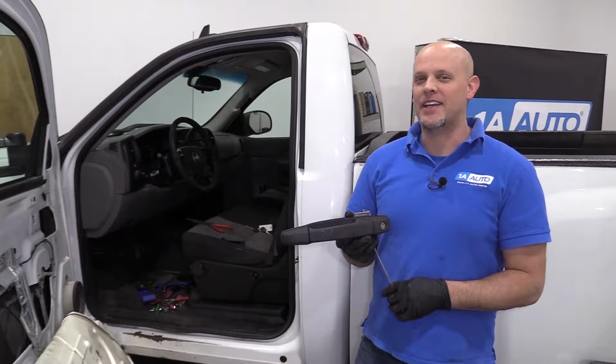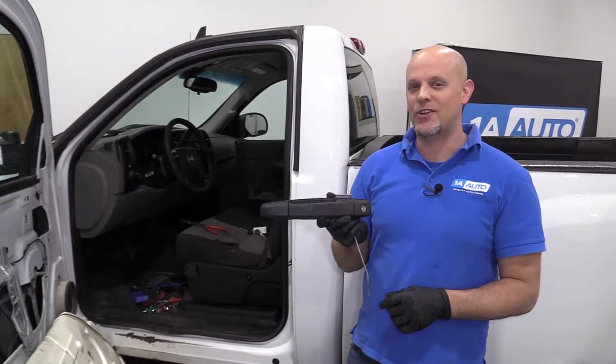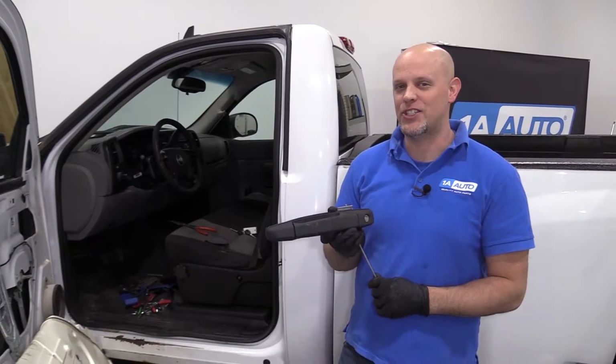What's up guys, I'm Andy from 1A Auto. Today I'm going to show you how to remove and reinstall an outside door handle on this 2008 Chevy Silverado